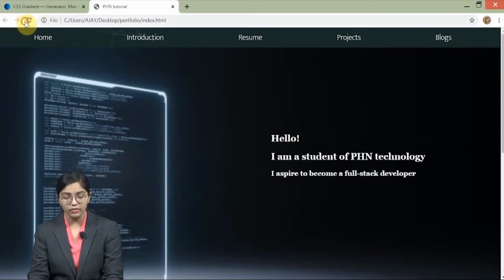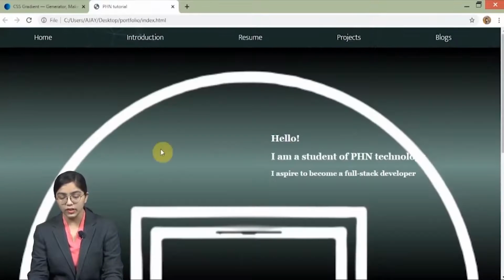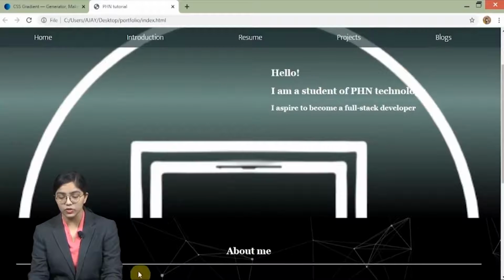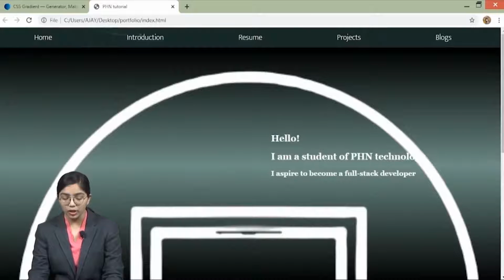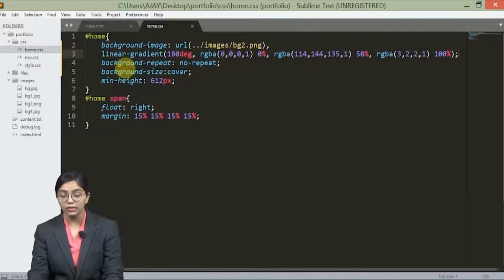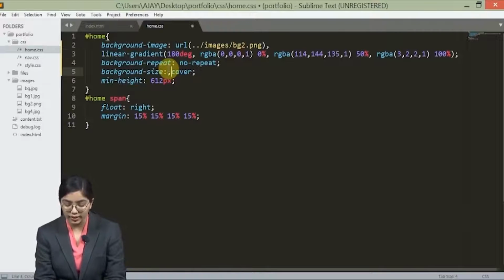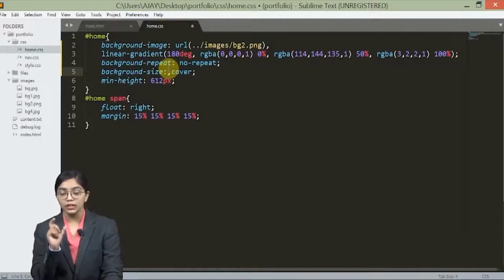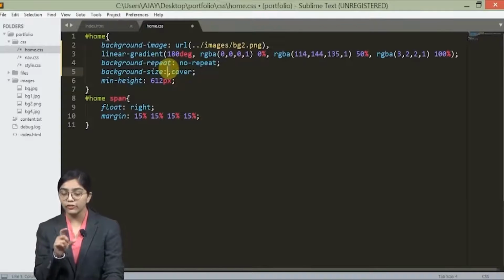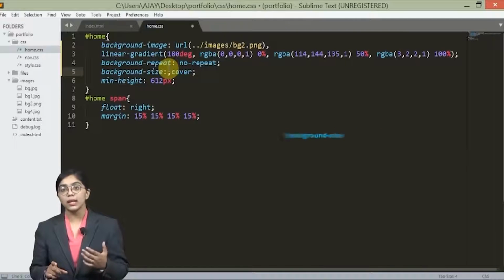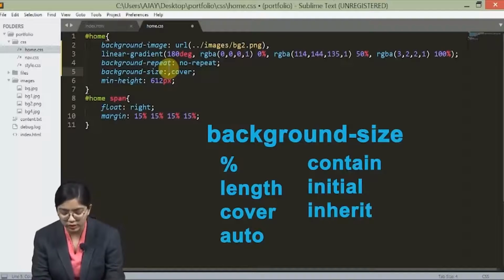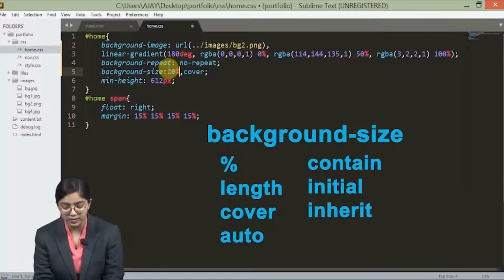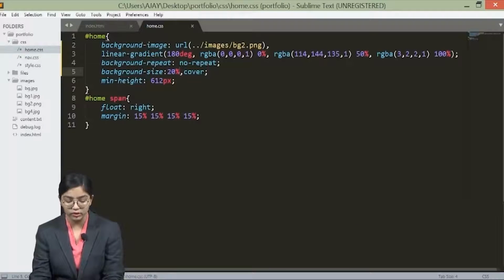And check our site. As we refresh it, you can see that the entire image is coming in the cover. Why is it happening? Because we have given the background size as cover, so we need to define it. I'm going to define the background size for my very first image. The background size can be given in percentage or in other values. I'm going to give a percentage, not pixels, because pixels would just increase my workload.